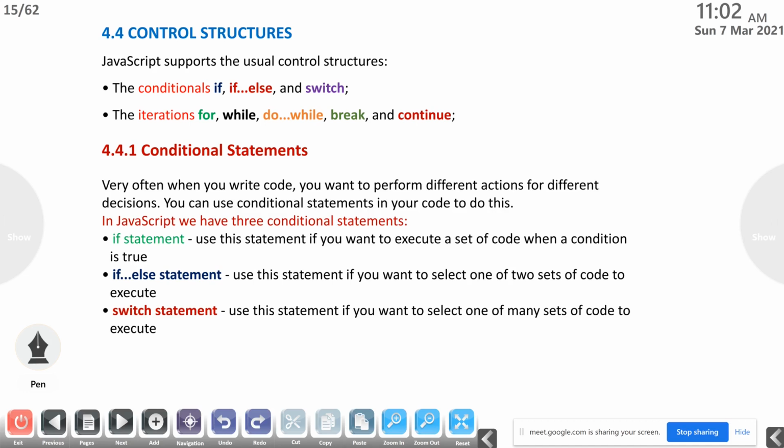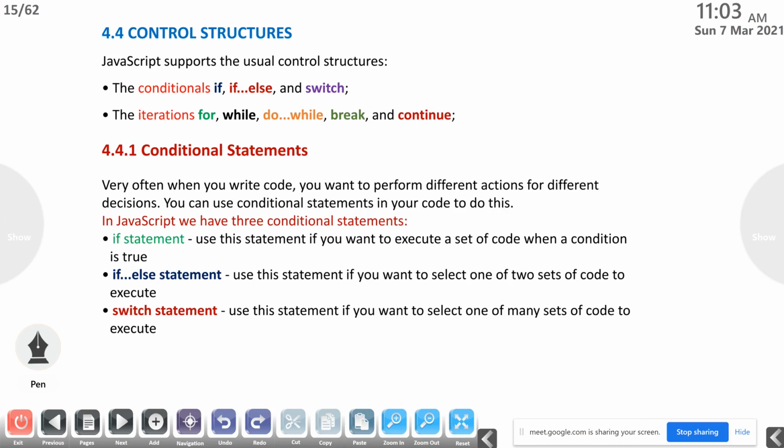First one, control structure statements are conditional statements and iteration statements. We can divide control structure statements. First one, conditional statements, and second one is iteration statements. Conditional statements are used for checking some conditions. Based on the result of the condition, the result will come. Iteration statements we are using for repeatedly running some portion of the program. Iteration statements that we are discussing in this unit are for, while, do while.